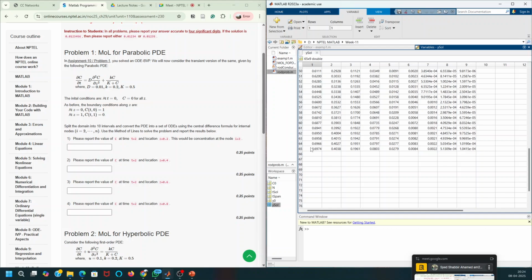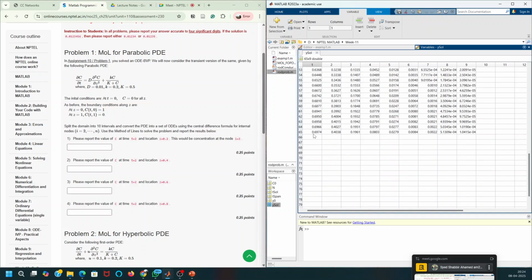So it is going on up to like 2 seconds, and at the end of 2 seconds this is the value. So at 0.1 this is the value, at z is equals to 0.2 this is the concentration which I'm getting at the end of 2 seconds,